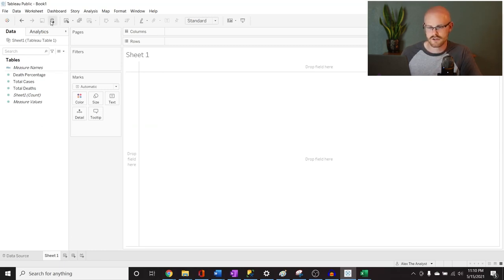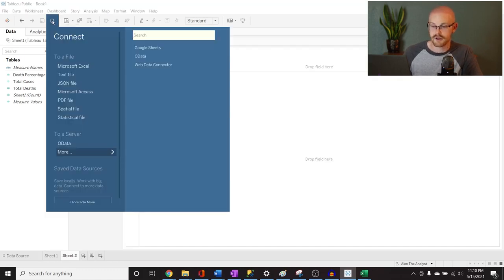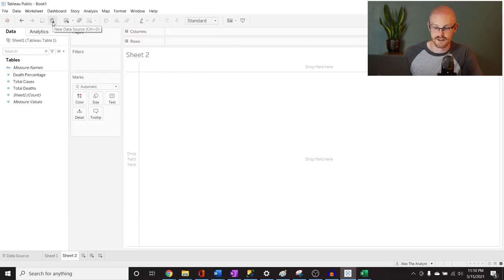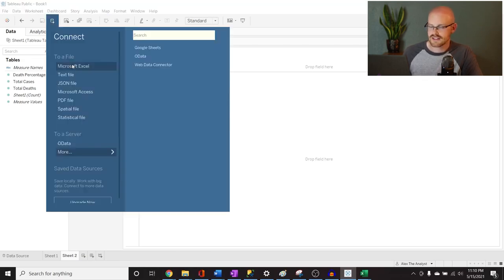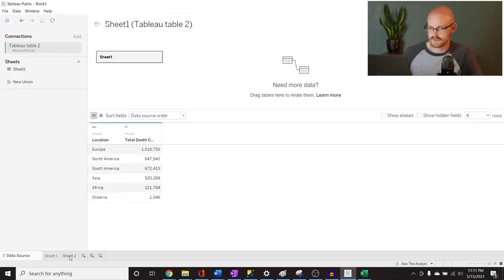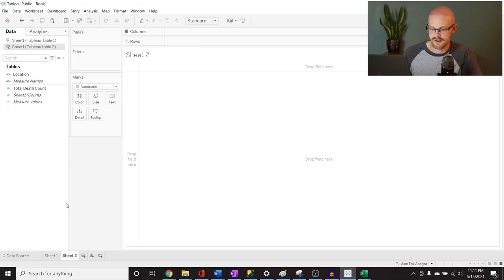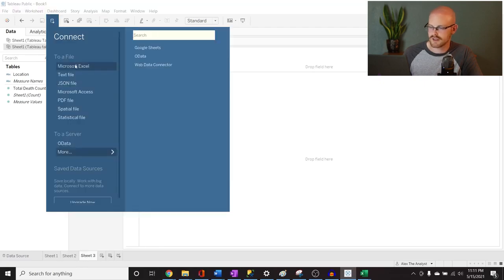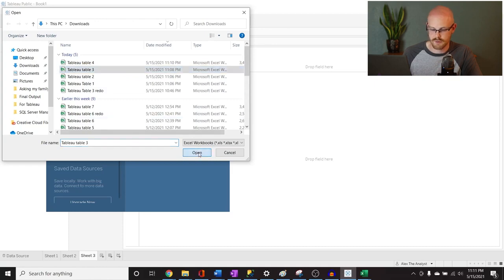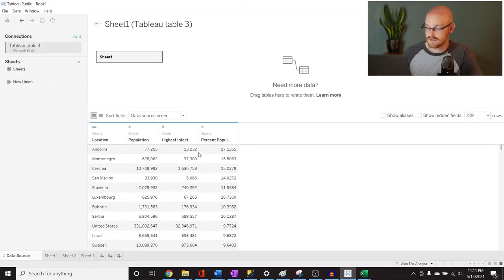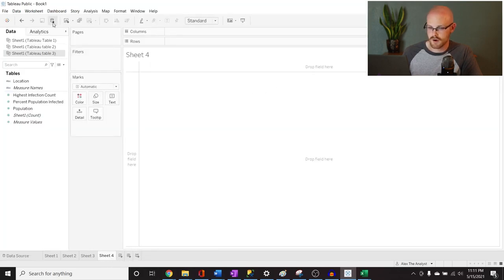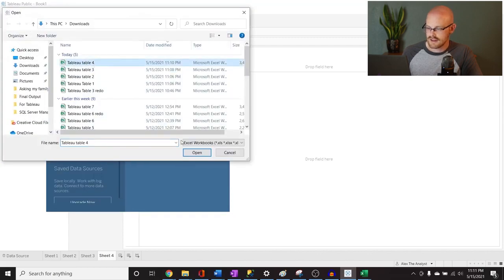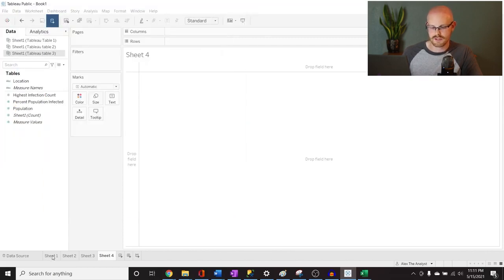What you want to do is you can do it here. For the sake of what we're doing, I'm just going to go to sheet 2, go to this one right here. It says new data source. Go to Microsoft Excel, and we're just going to do this for all of them. We're going to import it. Now we have our table 2 in here. Again, you don't have to do it exactly how I'm doing it. There's a faster way, but for visual purposes, I'm going to do it like that. All right. And then table 4, we're going to add it. And now that we have them all opened up,